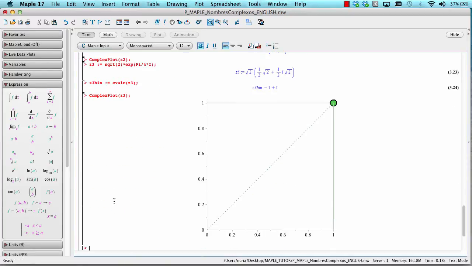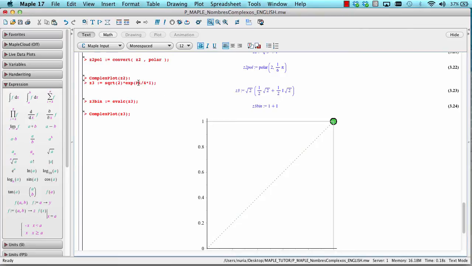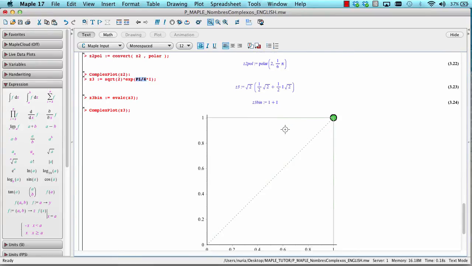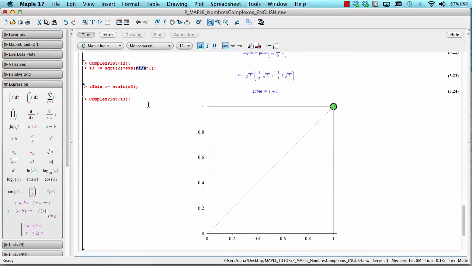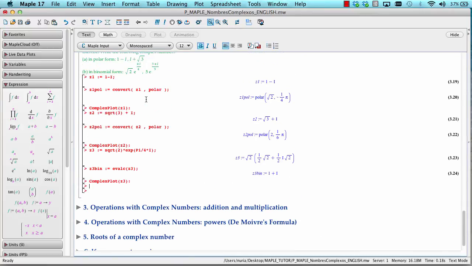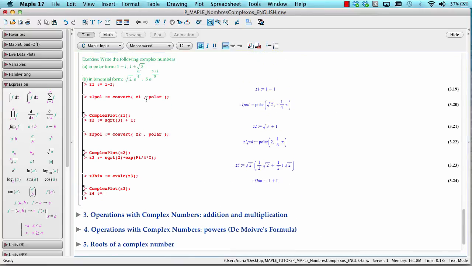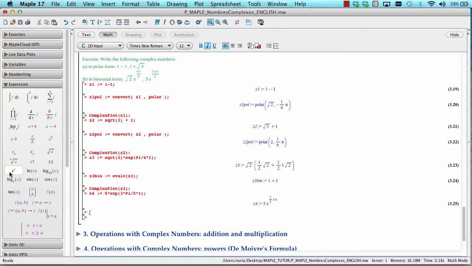complex plot of Z3, of course, having an argument of pi divided by 4, which is 45 degrees, and a modulus square root of 2, it's the number 1, 1 in the plane, okay? So we already have this, and the last one is 5 times the exponential of 3 pi divided by 5 times I. So Z4 in binomial form is going to be evalc